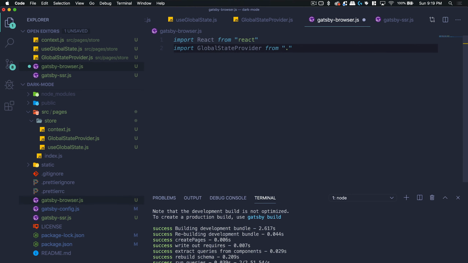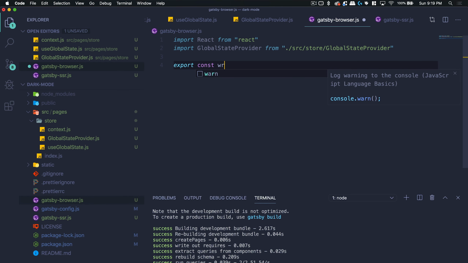And that's going to be from the source here, the store, and then global state provider. Okay, and then here we want to use that wrapRootElement here. So export const wrapRootElement,